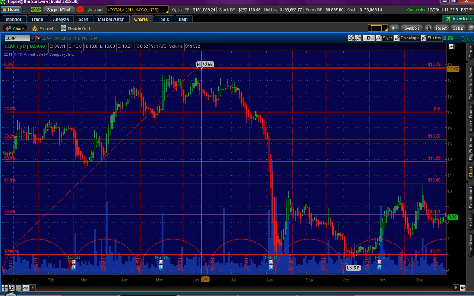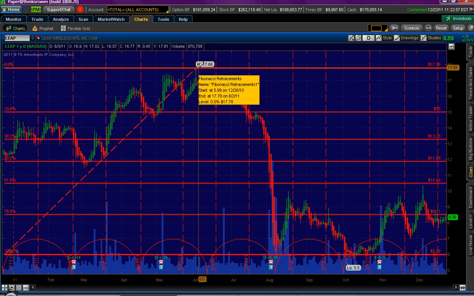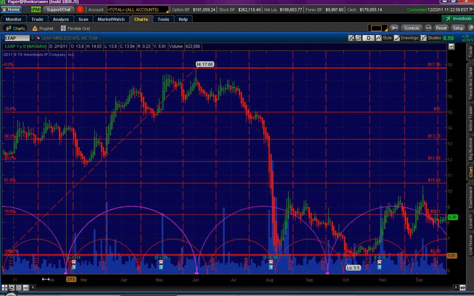Now, let's see, I think I have a few more minutes on this chart. Now, in order to calculate whether